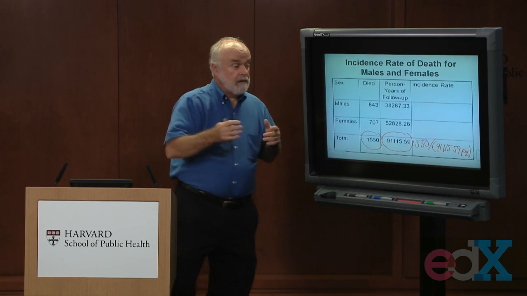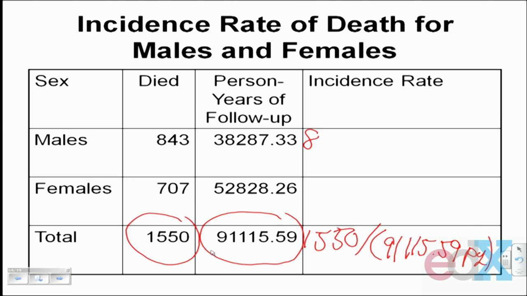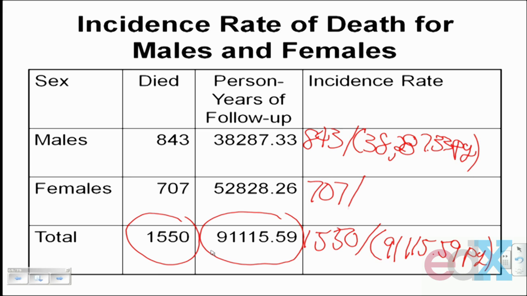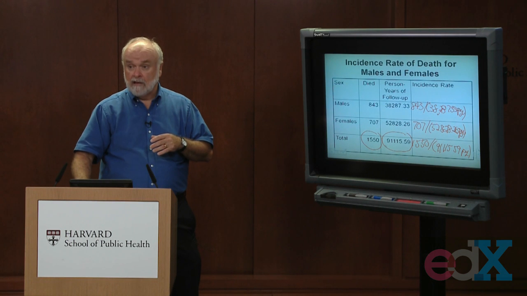Among men, we can do the same calculation. We observe 843 deaths out of the 38,287.33 person years of follow-up. And for women, it's 707 deaths divided by the 52,828.26 person years again of follow-up. So if you do the calculation and divide each of those numerators by each of those denominators, you'd get the